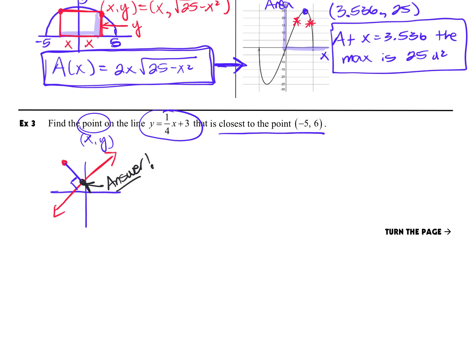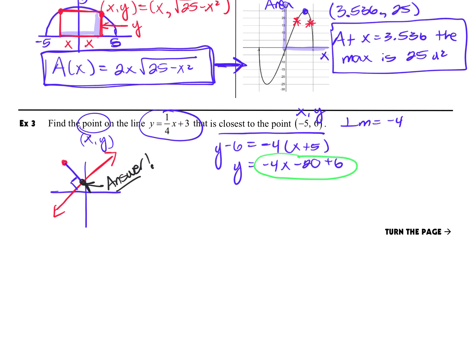So the first thing that we're going to do is we're going to write the equation for that line. So we're going to say y minus 6, just reviewing that point slope form. Our slope, our perpendicular slope, has to be a -4. So I'm going to say -4. Then I'm going to say x plus 5. I'm going to rearrange this real quick. -4x minus 20 plus 6. Now,